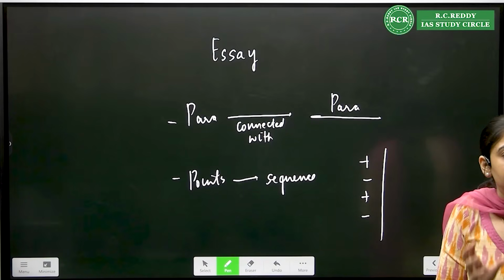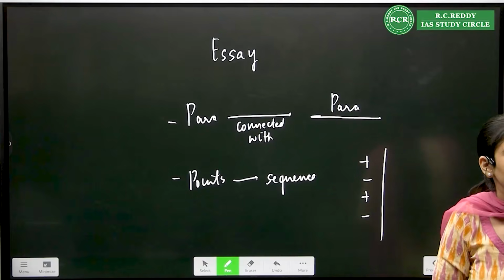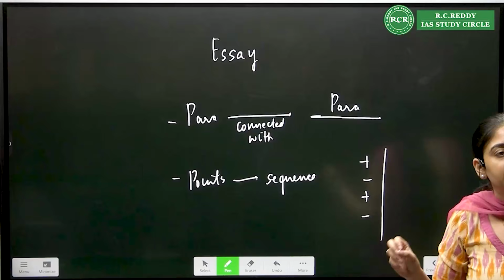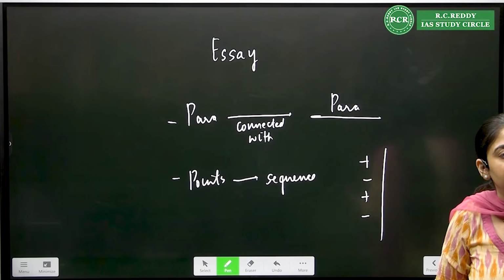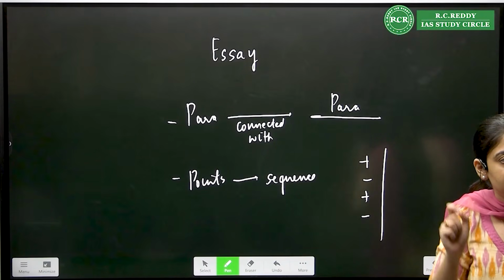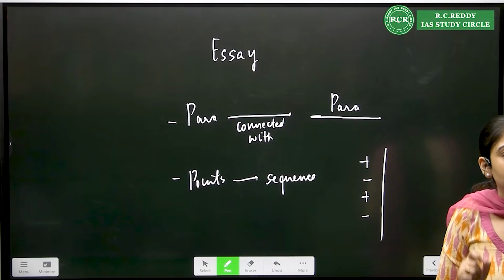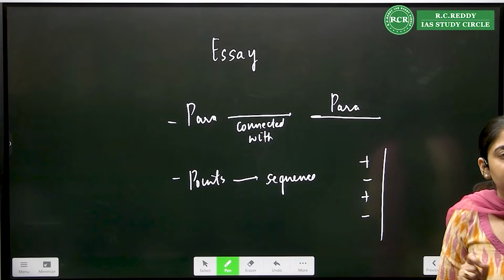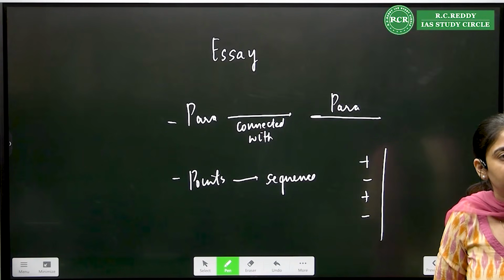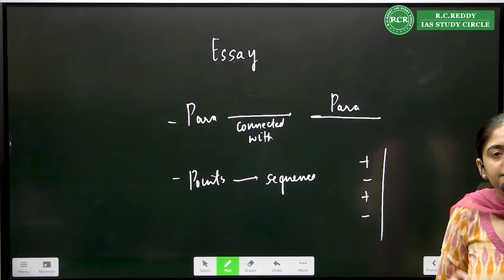Which again takes us to the point where brainstorming before writing a full-length essay is very important. Before you write an essay, very quickly, roughly on the question paper or a blank sheet given, write down what sequence you will follow. First I will discuss this, next this, next this. In essays, you are writing more words than in GS, 800 words. In these 800 words, proper sequence is very important.